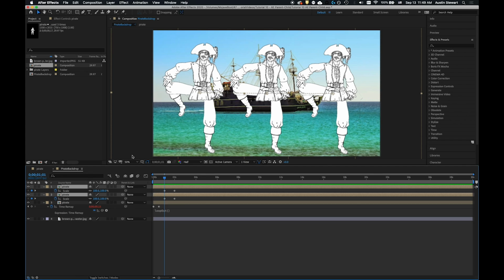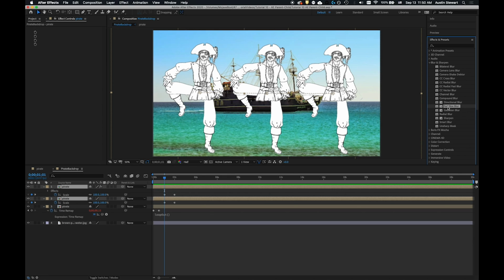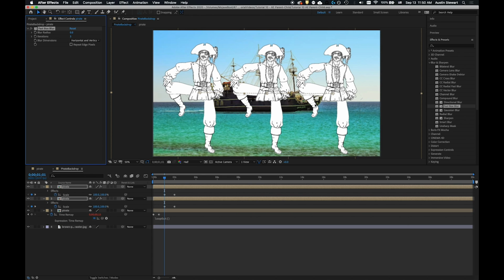And then from here, what I want to do is add a blur effect to these layers. So I'm going to go to the effects and presets over here, and I'm just going to do the fast box blur. The reason I choose that one a lot is because it is fast. It happens quickly. It doesn't take a lot of time for it to work. Gaussian blur is a little bit trickier. It's a nicer blur usually, but it takes a bit more time to process. And so this, for what I'm doing, is going to be perfectly effective. So I've added that